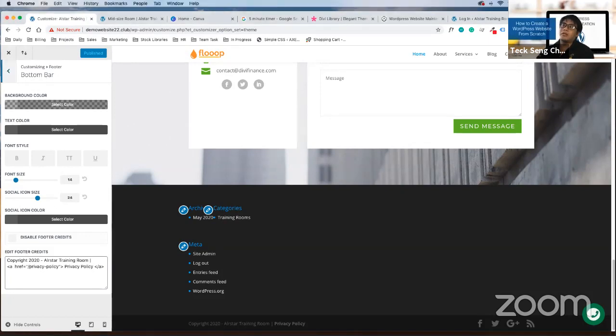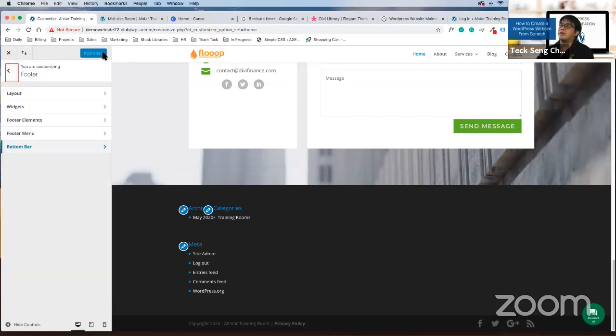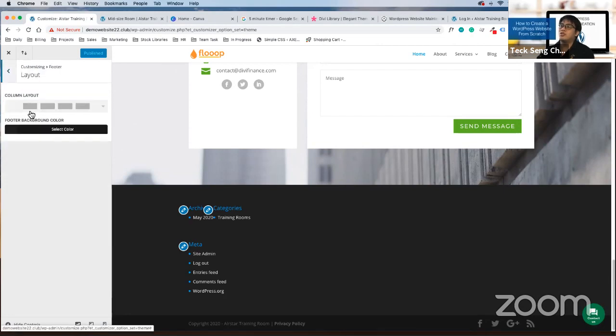If you click on the back arrow over here, I can click on layout, footer, still under footer layout. I can choose the different layout.